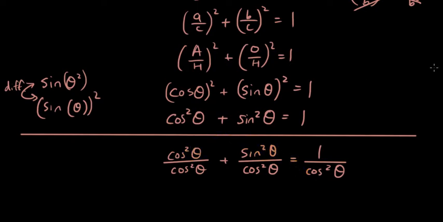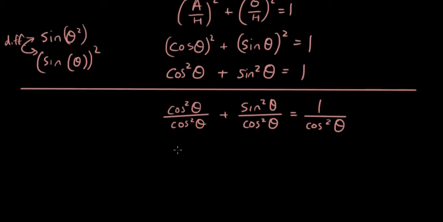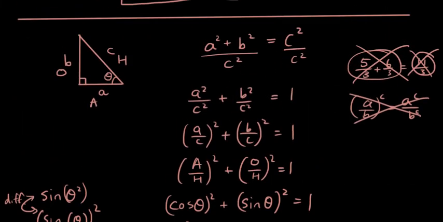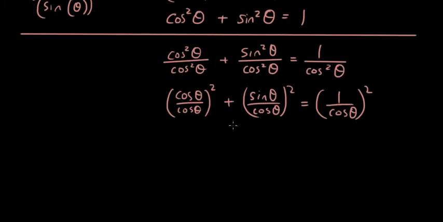So I'm going to now convert this notation back into the index, using the index laws, going back into one fraction with the squared on the outside. So I have cos theta over cos theta squared plus sine theta over cos theta squared equals 1 over cos theta squared. Okay, remember the index law that we talked about over here, right? A over b to the power of c equals a to the power of c over b to the power of c. So I'm putting the squared on the outside of the bracket. Okay, now cos squared theta over cos squared theta, that's just 1 squared. So I can just write 1 plus